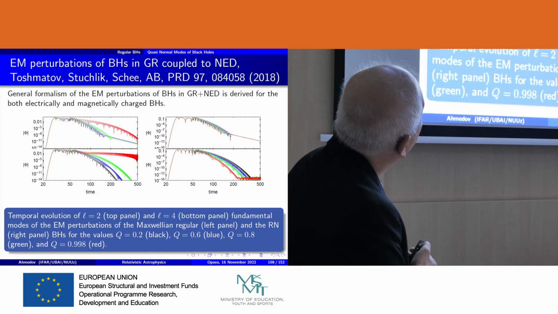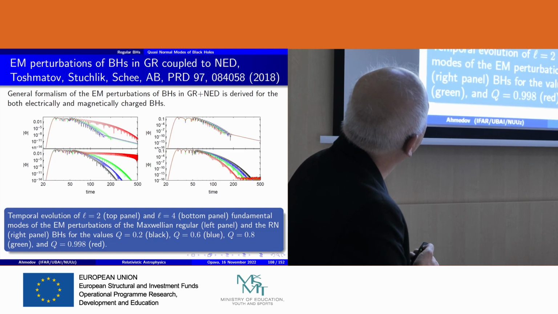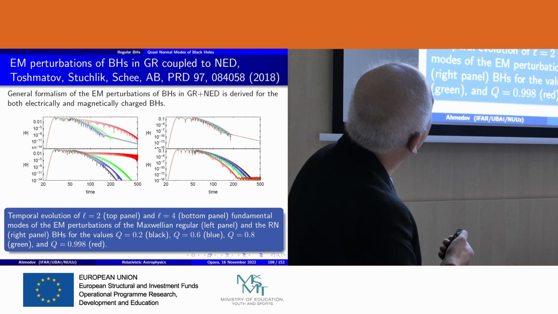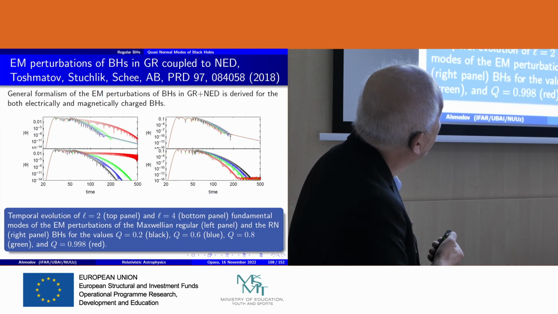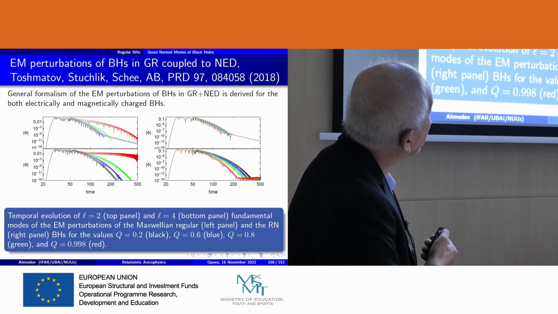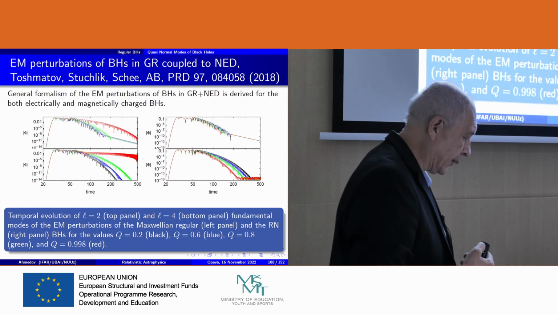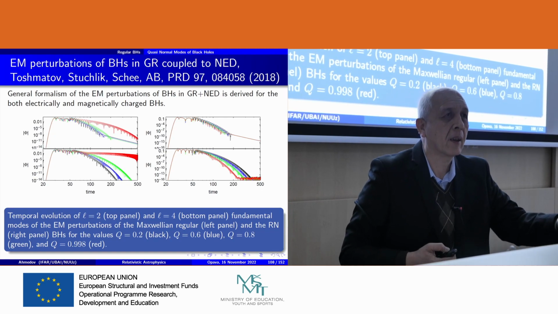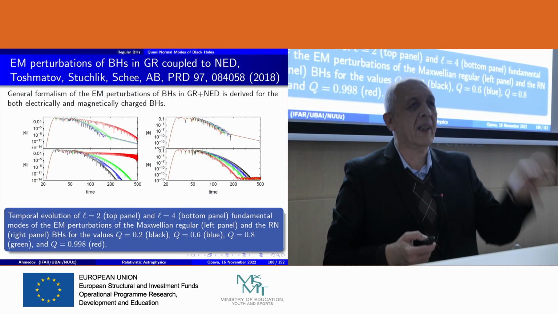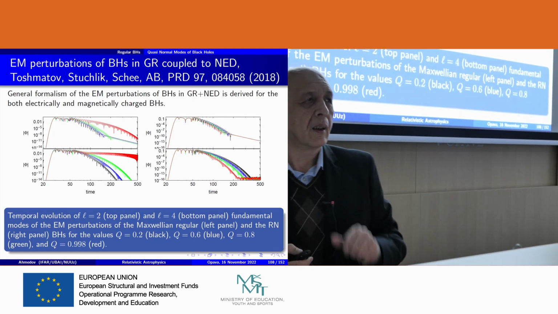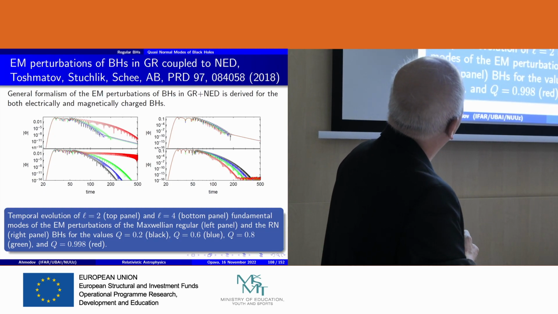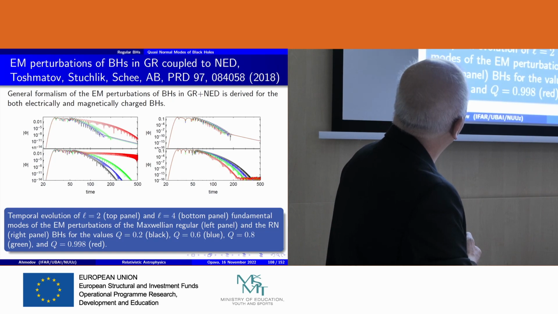On the left-hand side we have the regular black hole, a black hole where GR coupled to nonlinear electrodynamics is the source of gravity. We have matter plus a nonlinear electrodynamic source,